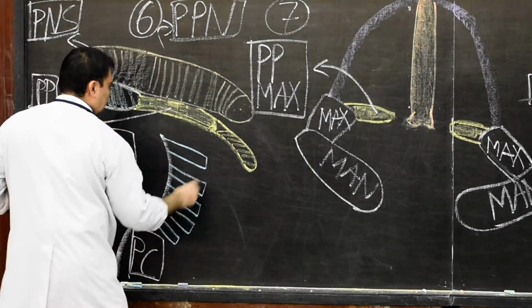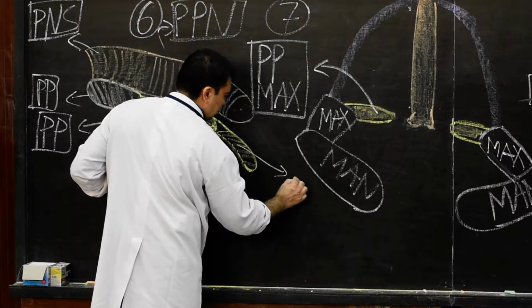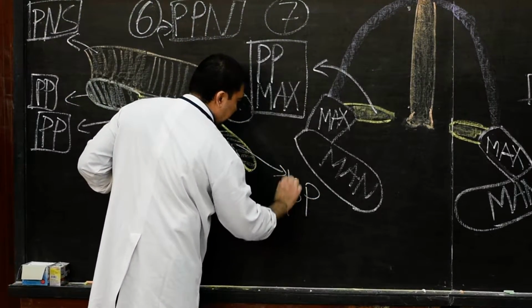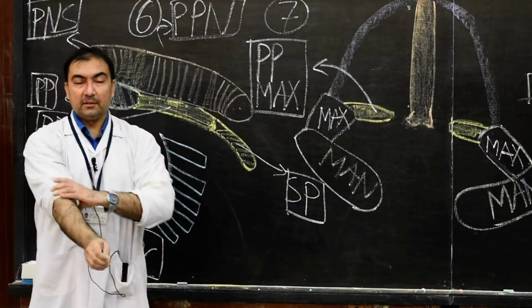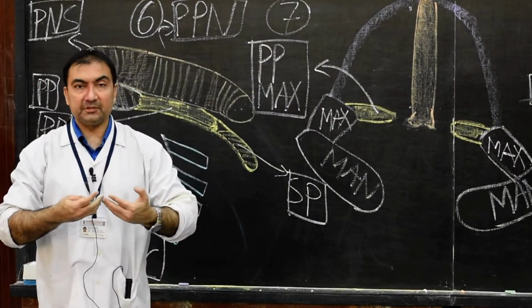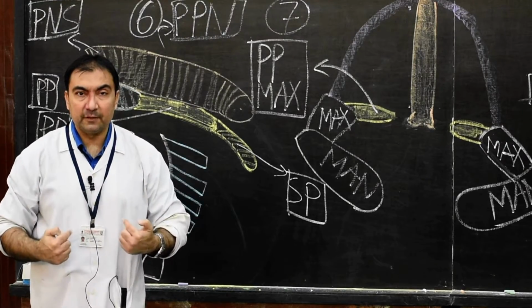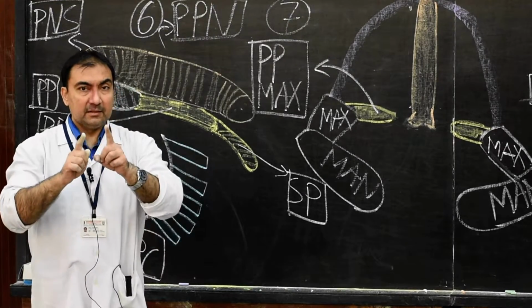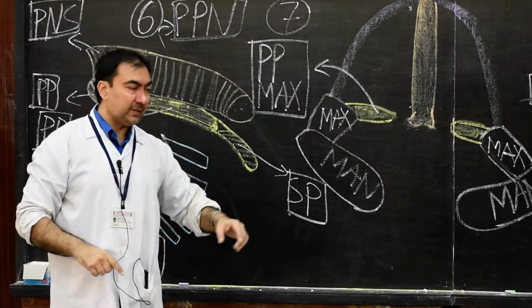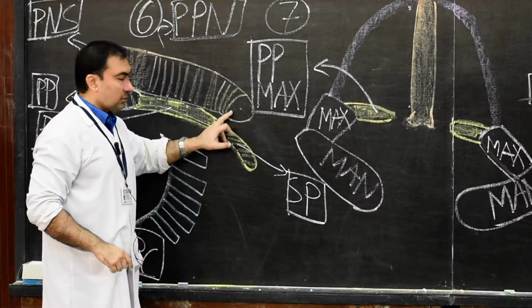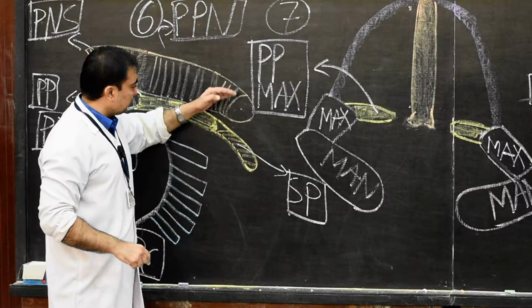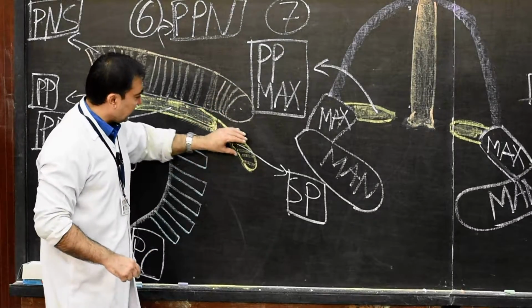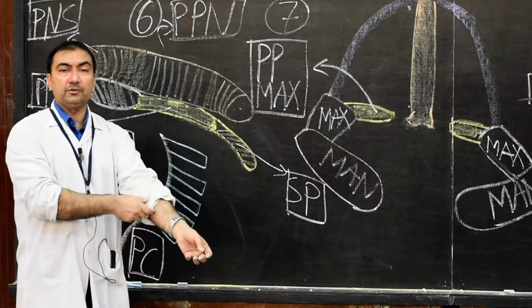This posterior 1/4 will remain hanging down like a curtain, and that will develop into soft palate. So this is how the soft palate will develop. Once again I will tell you in short, soft palate will develop only by the fusion of palatine process of maxilla in the posterior 1/4. But that will not fuse with the nasal septum, caudal margin of nasal septum. And therefore, as it will not fuse with the caudal margin of nasal septum, it will hang down like a curtain, and that will develop into soft palate.